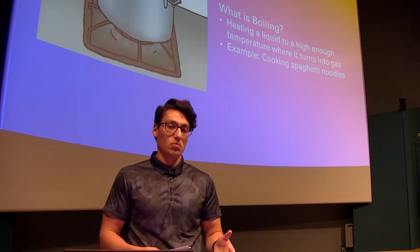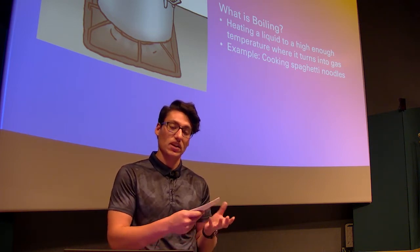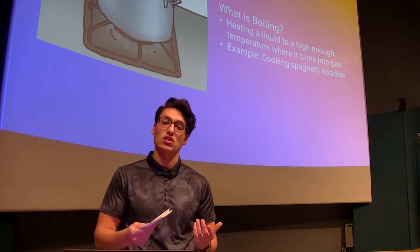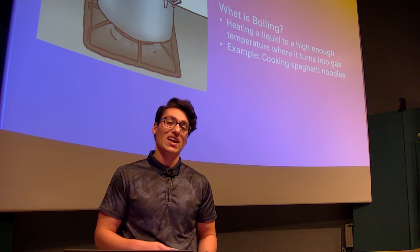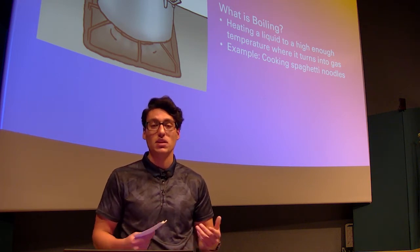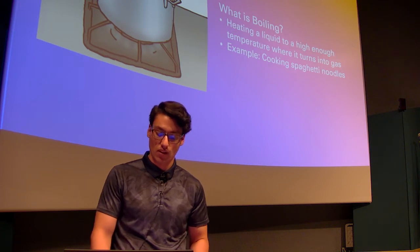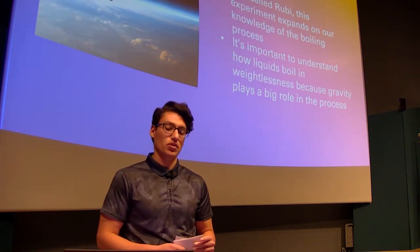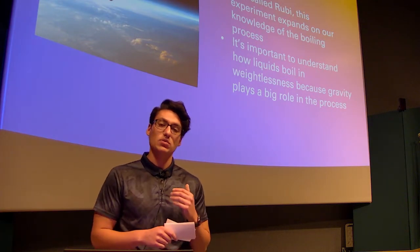Although it looks harmless, this boiling that's happening is raising the temperature of the water so high that it turns into a gas, and in the case of water, steam. And steam is very hot, and that's why they don't want you to put your hand above it, because it can burn you. But the experiment itself is also sometimes referred to as Ruby,